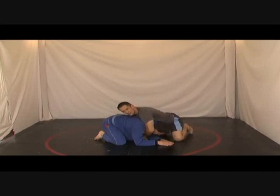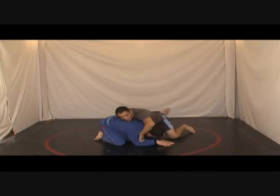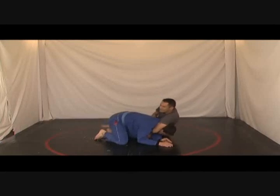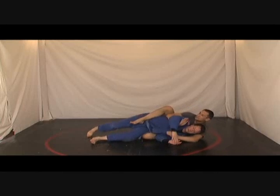Hands like this. It's almost like an inverted seatbelt. Normally it would be here, but now I go here. I'm going to put my knee in between his elbow and his knee. I'm going to fall back as I throw my heel over. See how he defends? He brings his neck up to the sky here, so I control his biceps while I